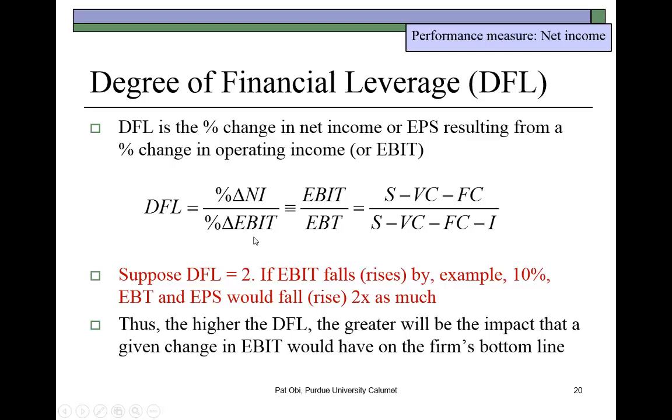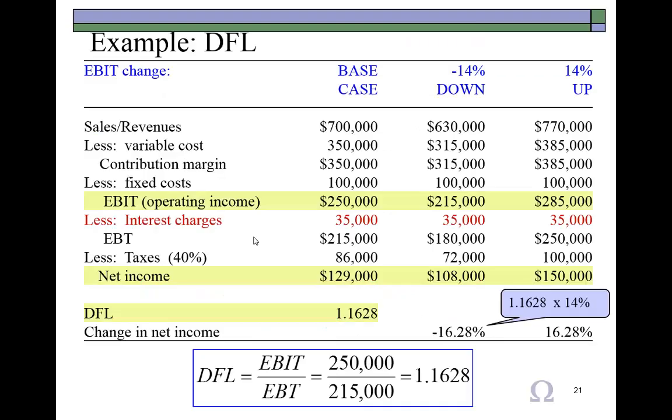And some refer to this as second leverage, because if I go forward, I show here that it takes off from where degree of operating leverage ends. If you recall, the degree of operating leverage is going to be looking at how the firm's EBIT would change for a given change in sales. This time around, degree of financial leverage is going to be looking at how the firm's net income will change for a given change in EBIT.